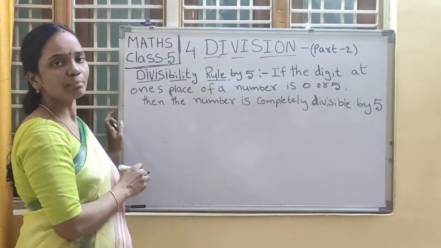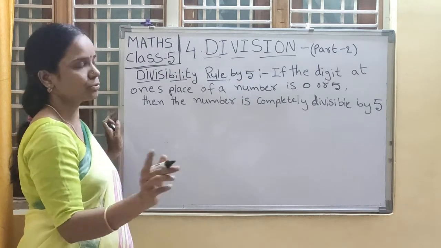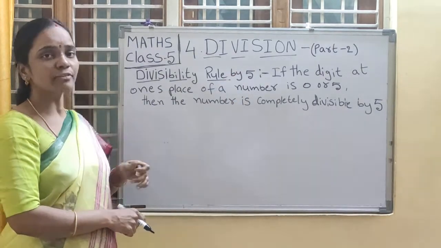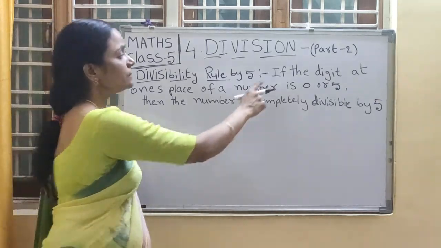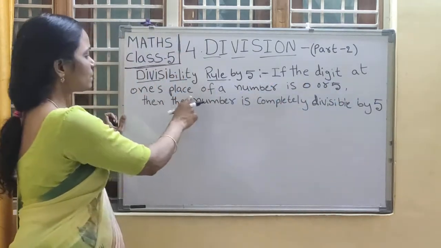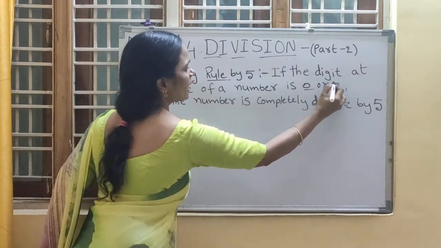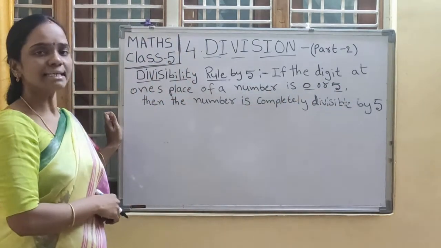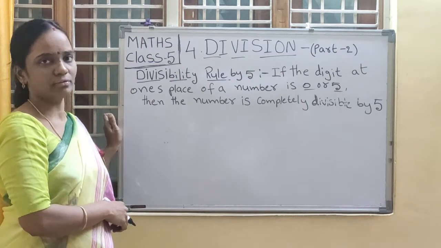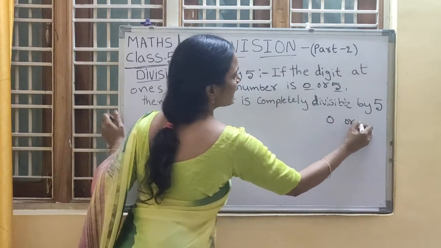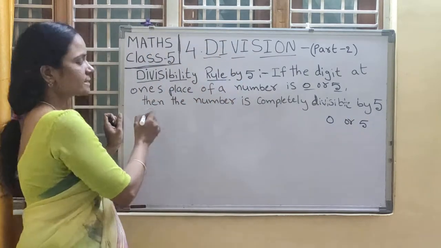Till now we completed the divisibility rule by 2. Now the divisibility rule by 5. Everyone repeat after me: if the digit at ones place of a number is 0 or 5, then the number is completely divisible by 5. Understood? At ones place either 0 or 5. Okay, for example,